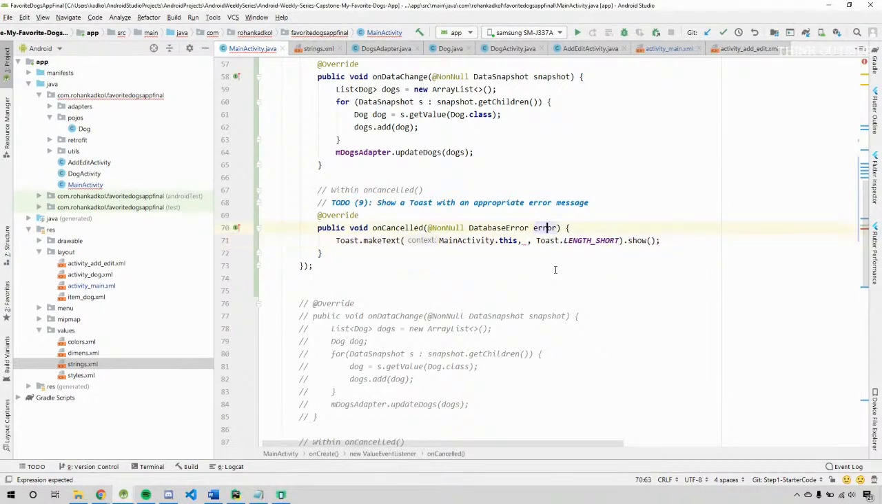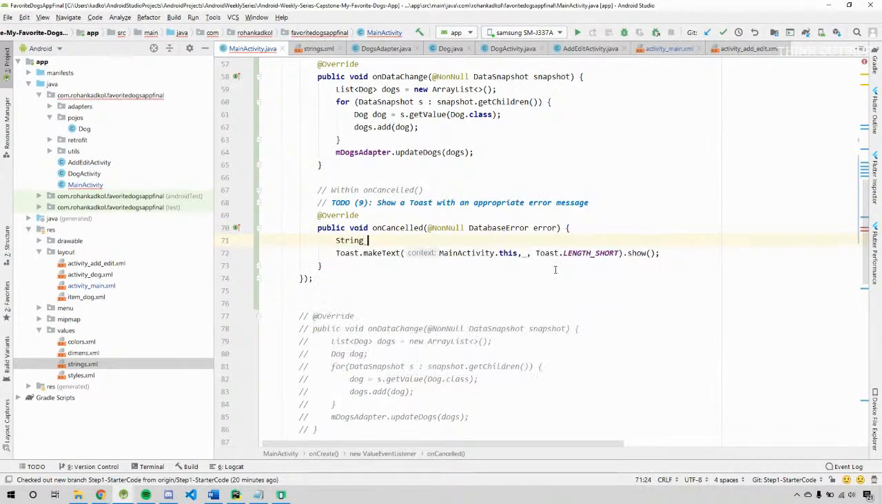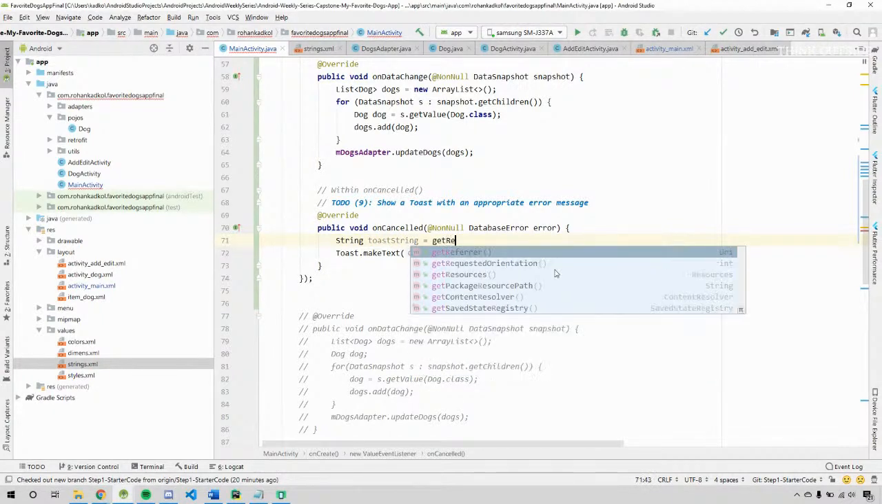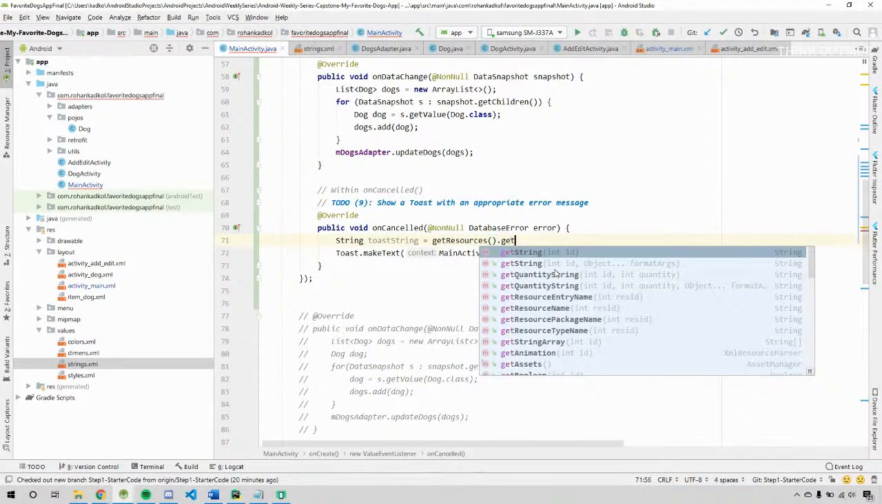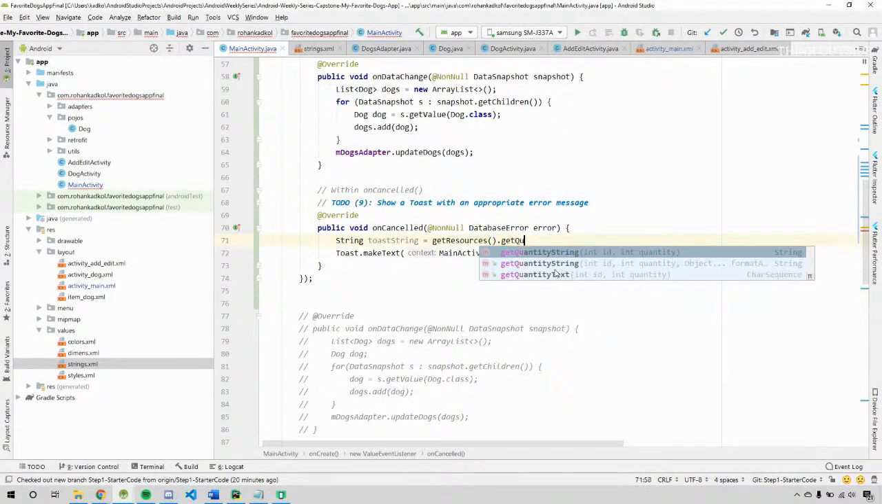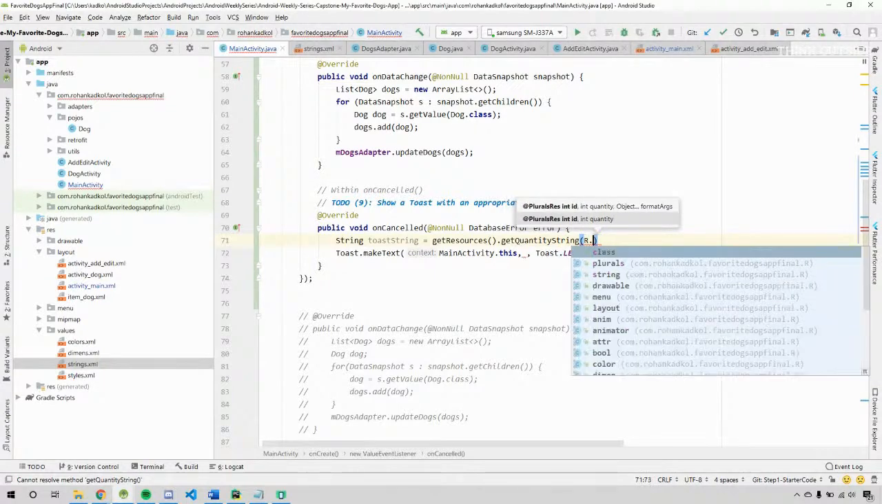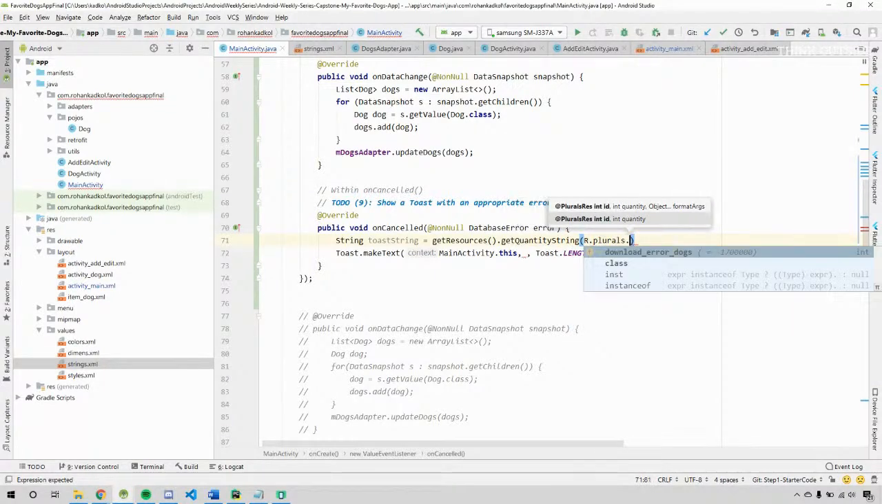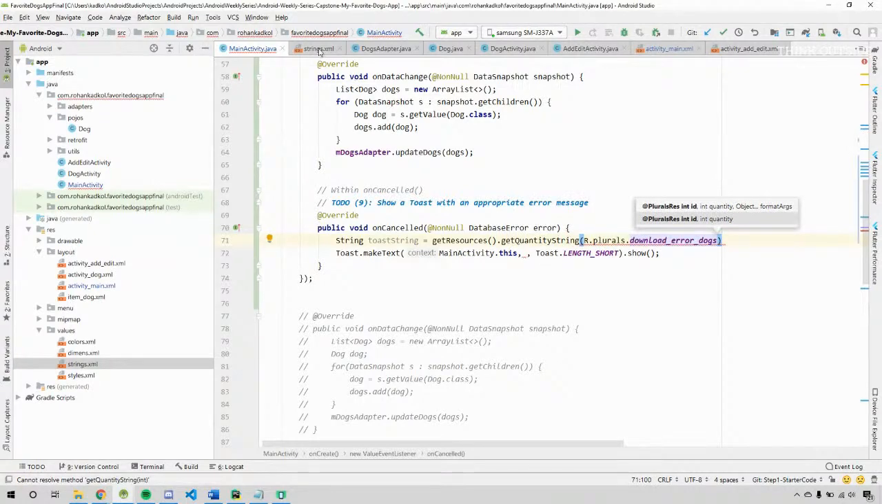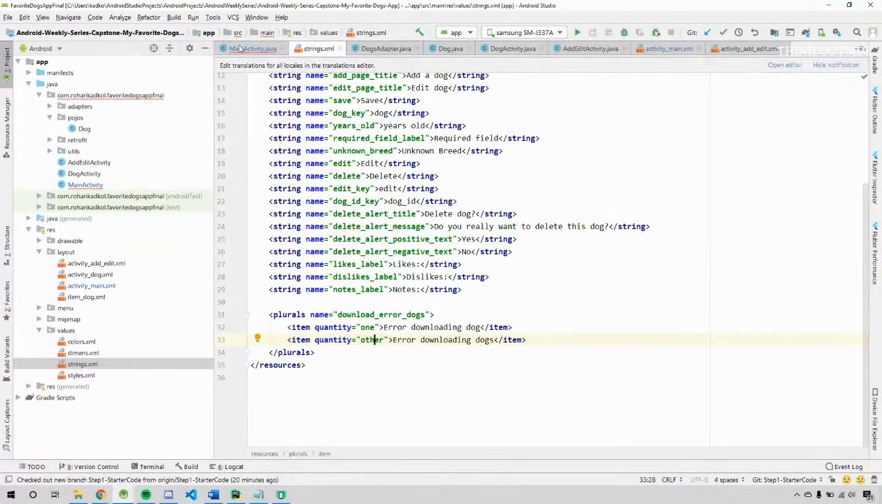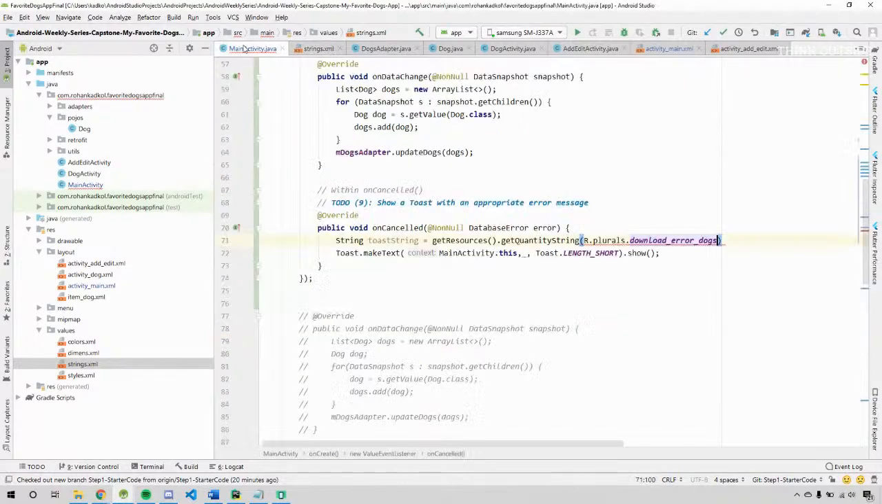Now here we'll actually simplify this. String toast string is equal to get resources dot get quantity string. Now for the ID, R dot plurals dot download error dog. So it points to this one. Next, you have to say which of these strings to use. So the second parameter says that